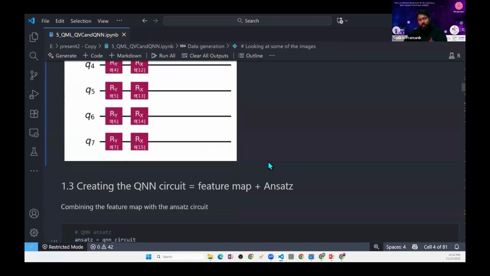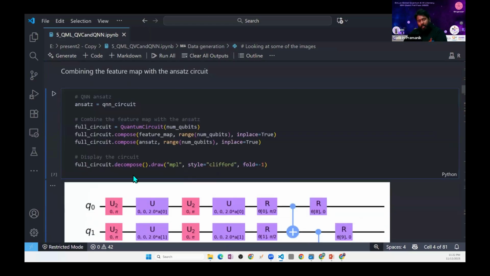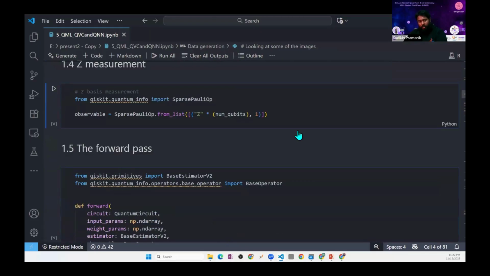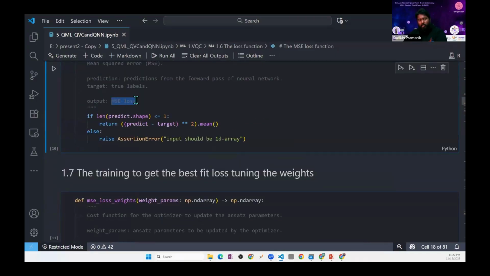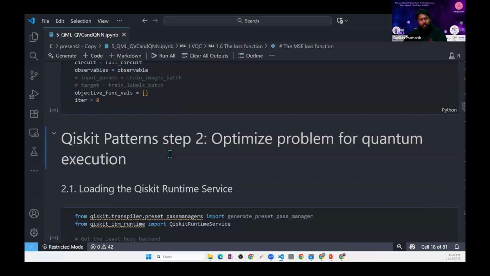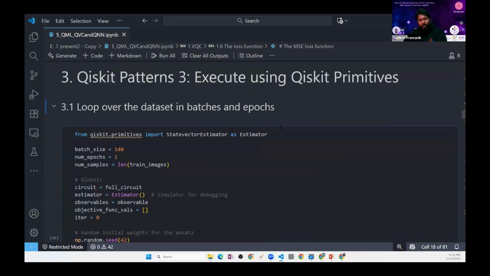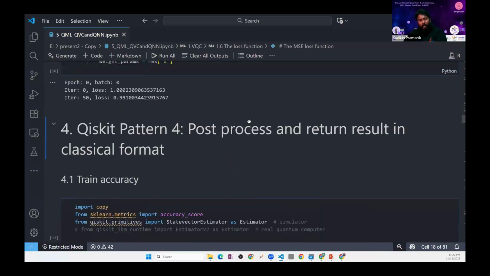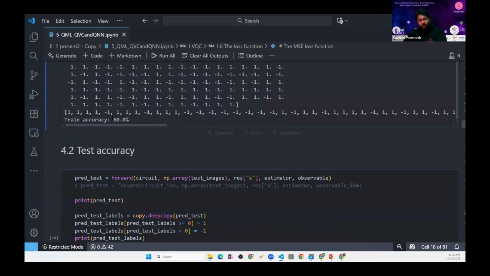Anyways, so then we try to run this circuit, and this is our final circuit that has been done by decomposition into the quantum hardware that we want to use. So we decompose that, we put a measurement, and then we run it, use the loss function here. So here we also use the mean square error loss. We train the circuit and use the optimizer. We ran it on IBM Torino, and after passing through the pass manager, we executed it using Qiskit primitives, and we find out that at the end of it, the loss that we will get has reduced, but the training